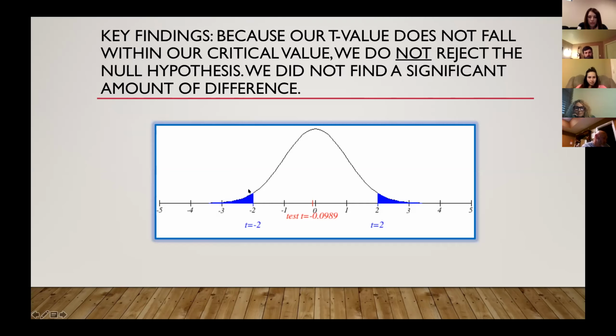So as I said, it would have to be +2 or -2 for it to be considered a significant amount of difference. Anything in between would be considered not to have a significant difference. And as you can see, 0.09 would be very, very close to the major part of our data, which would make that not significant. Therefore, we would not reject the null hypothesis, and we did not find a significant amount